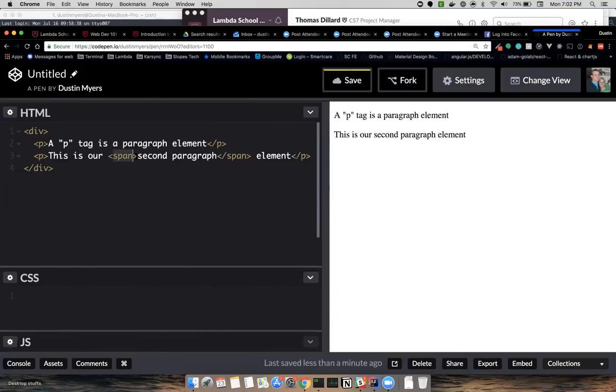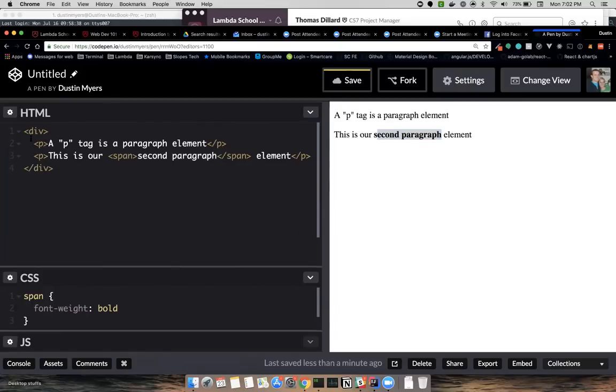And now we have the ability to target these two words within our CSS and define some rules for it. Font weight is for boldness, bold. So now just those two words inside our paragraph element are bolded text.